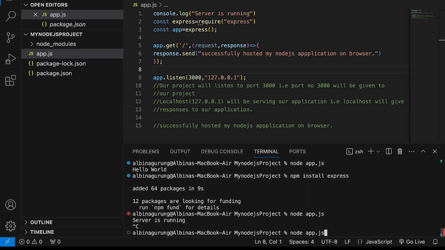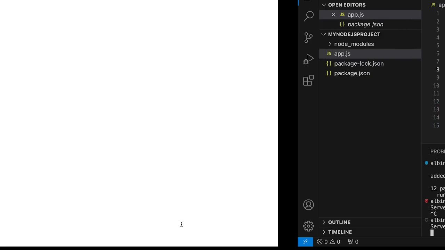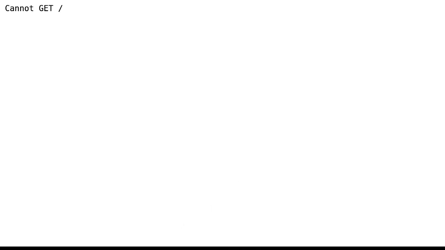I will teach you in the further videos how to automatically restart your application whenever certain changes are made. But for now, just shut down your application by pressing Ctrl C, and again run your application with this command, hit enter. Now your server is running. And if you write this URL localhost:3000/ and hit enter, then successfully hosted my Node.js application on